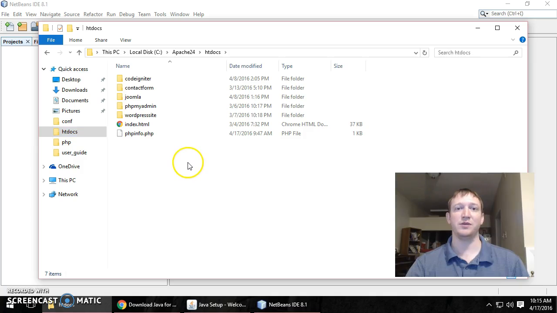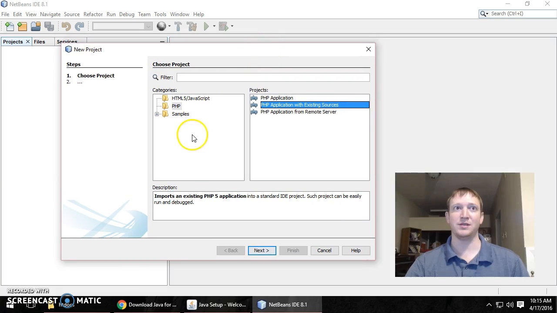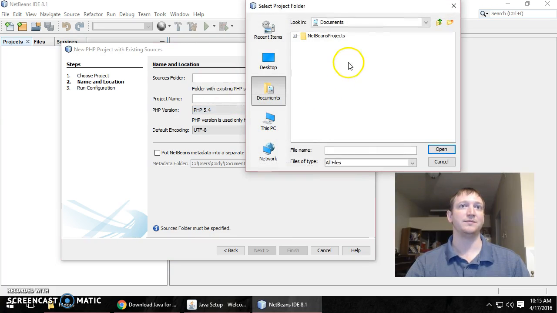So here's the root of the Apache web server where my files are being accessed, and I got this WordPress site, and the files are already in there, and I've already set up a WordPress installation. You're welcome to go through one of my previous videos that shows you how to set up that site. So we use existing sources here, and you want to choose the folder,